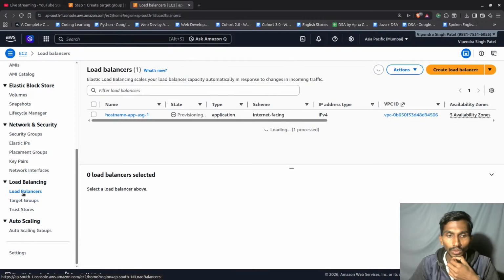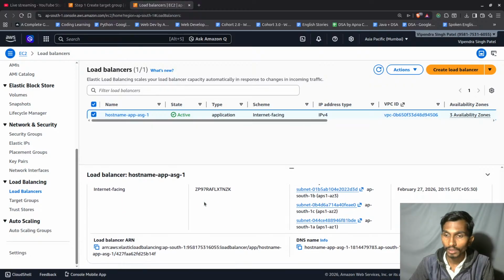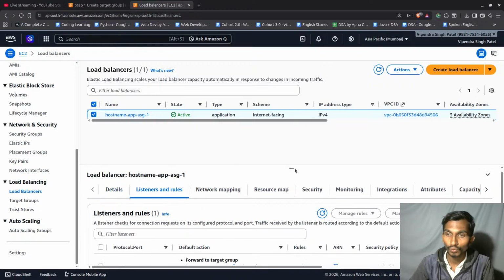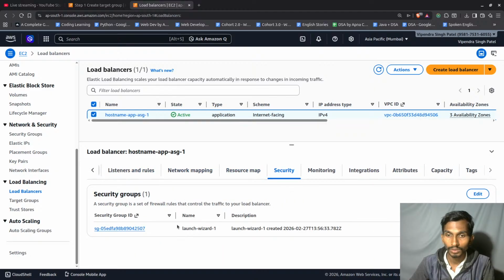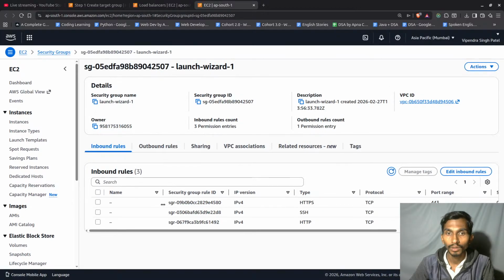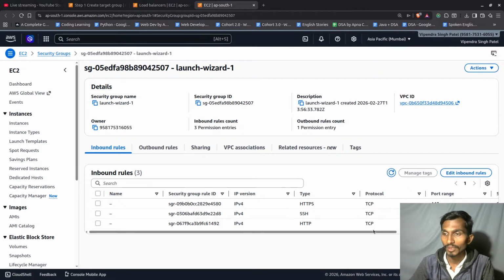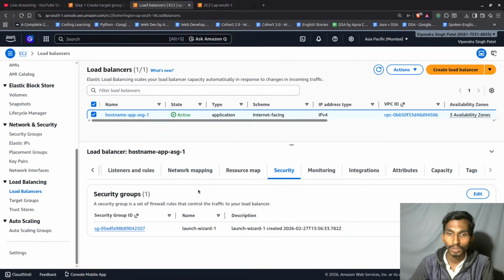I think I need to go to the load balancer, and from here I will be getting the URL, because the load balancer actually handles everything at the end. Okay, once I'm inside my load balancer, after that listeners and rules, this load balancer accepts HTTP. It already accepts that, that's fine. So if I go to security and this launch wizard, I'm accepting the request on port 80, that's fine. Apart from this particular thing, coming back to this one,